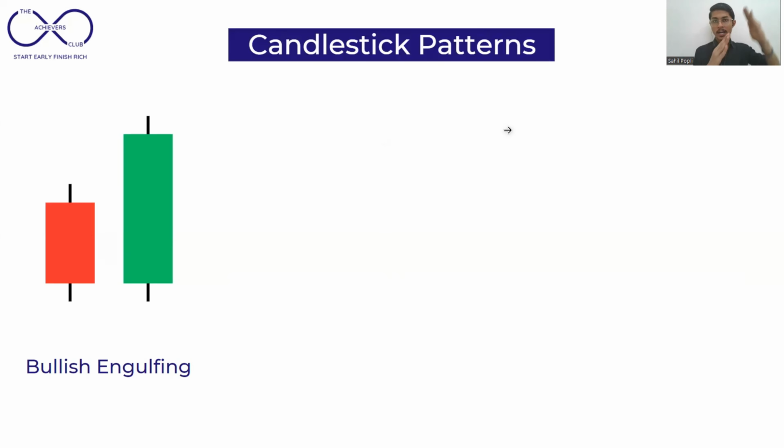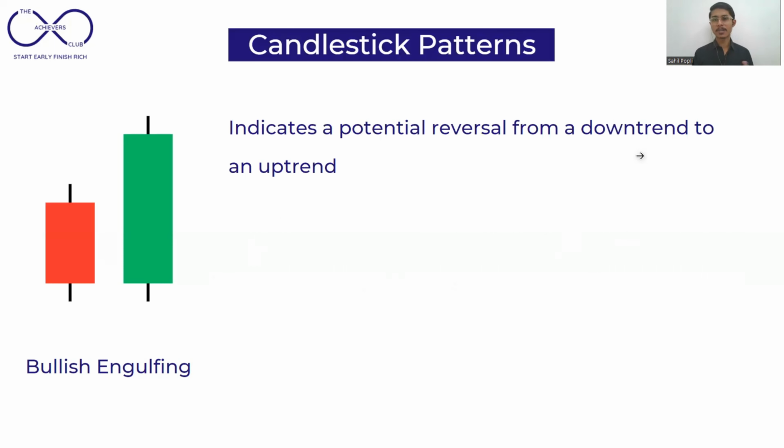After a downtrend, if a big green body is formed, based on which the bears were in charge for so many days, but now the bulls have taken a lot of charge in the market, a big green candle is being formed, and after that particular zone, the uptrend is about to get formed. So this is how the bullish engulfing works: the bears took charge and the bulls have engulfed. This is a basic, theoretical explanation, and it indicates a potential reversal from a downtrend